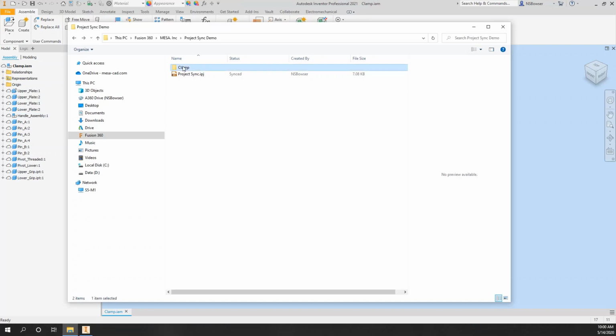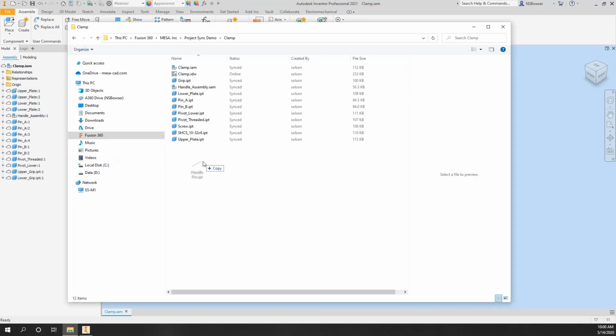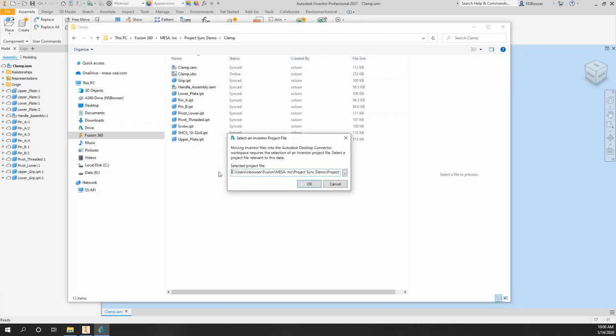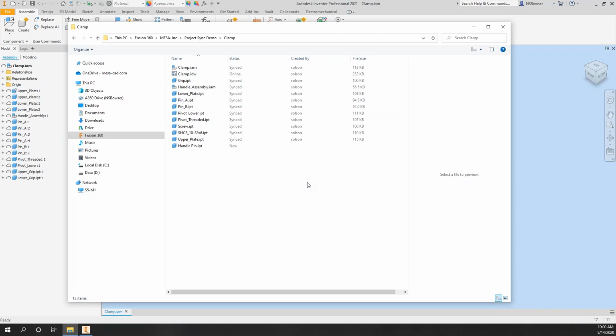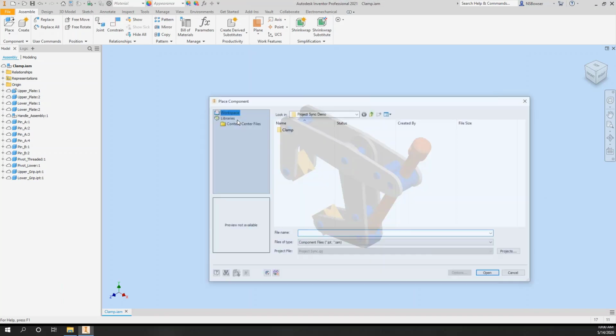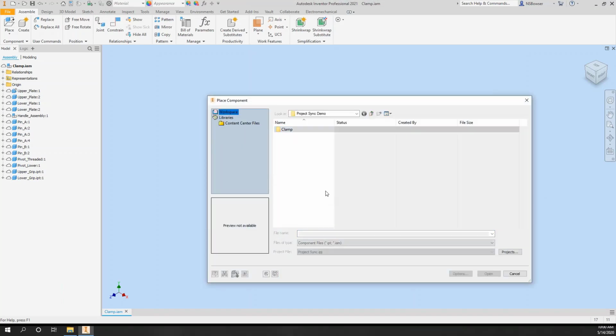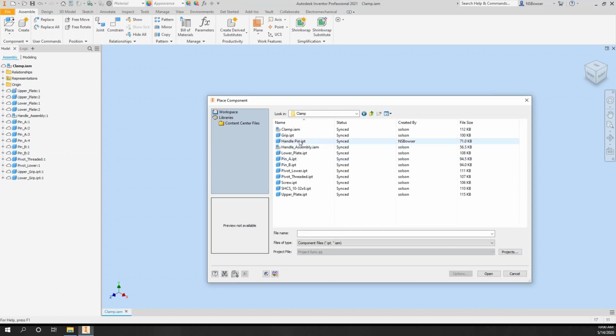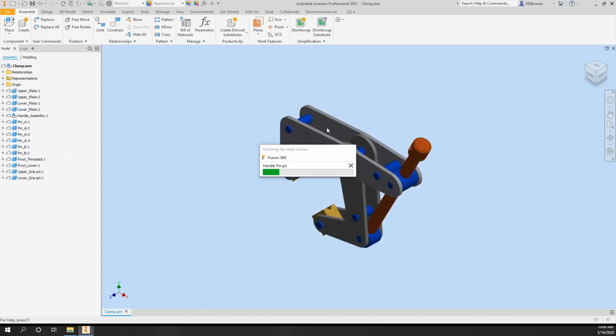What I'm going to do is go out to the clamp folder, and I've already created the pin. I'm just going to copy it out there to that location. It's going to find the right project file already. We're going to go ahead and drop that file there. Now I can place that file I just added right from the Fusion 360 hub. So if I dig in here and grab the handle pin,